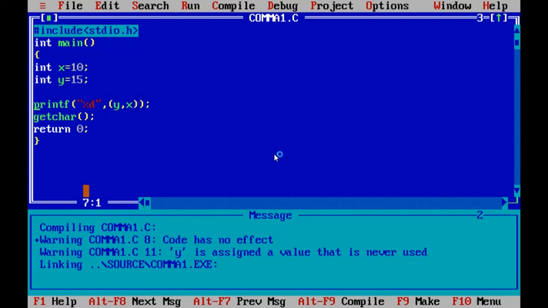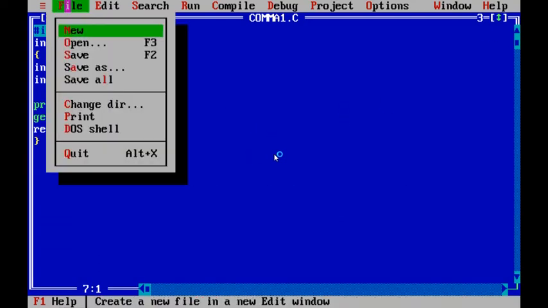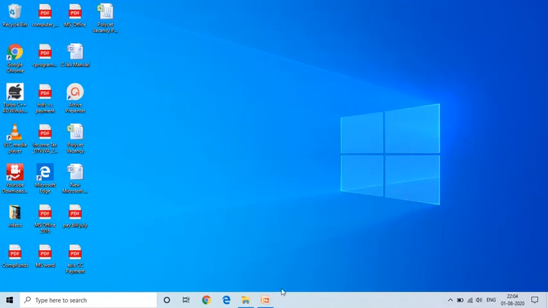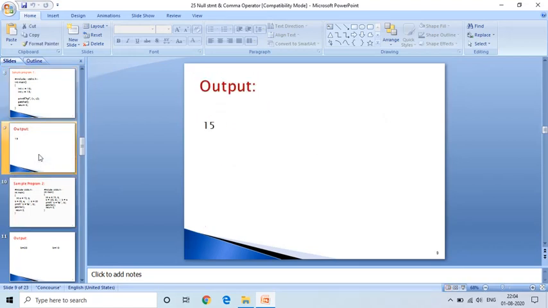This happens if you use the comma operator. Now we will see some other examples of the comma operator. Then we get one idea. This is the expected output.